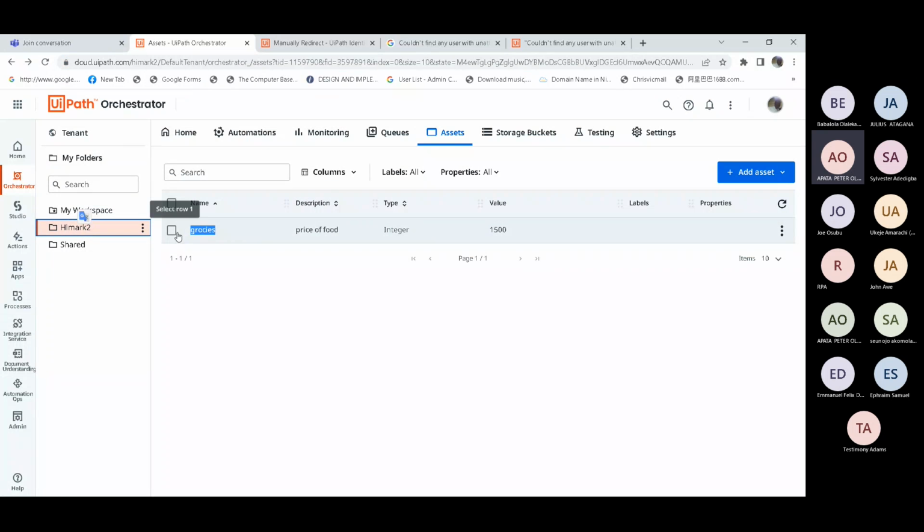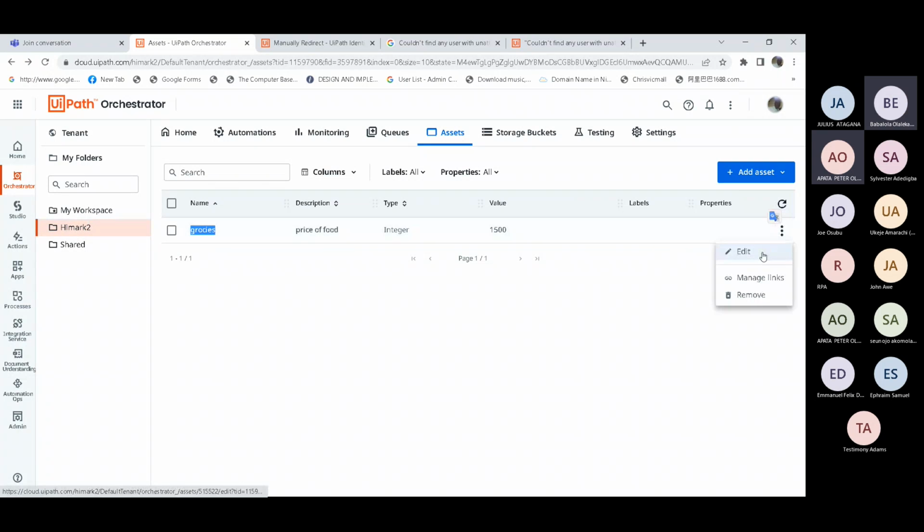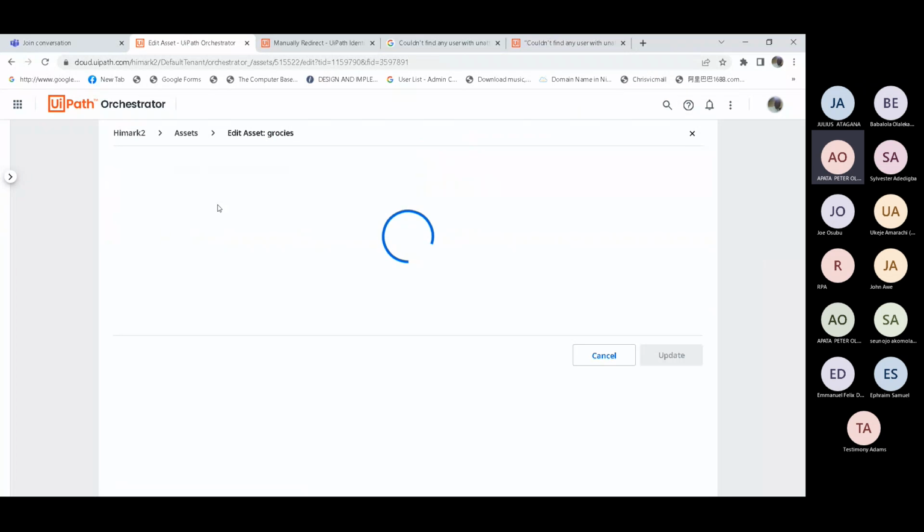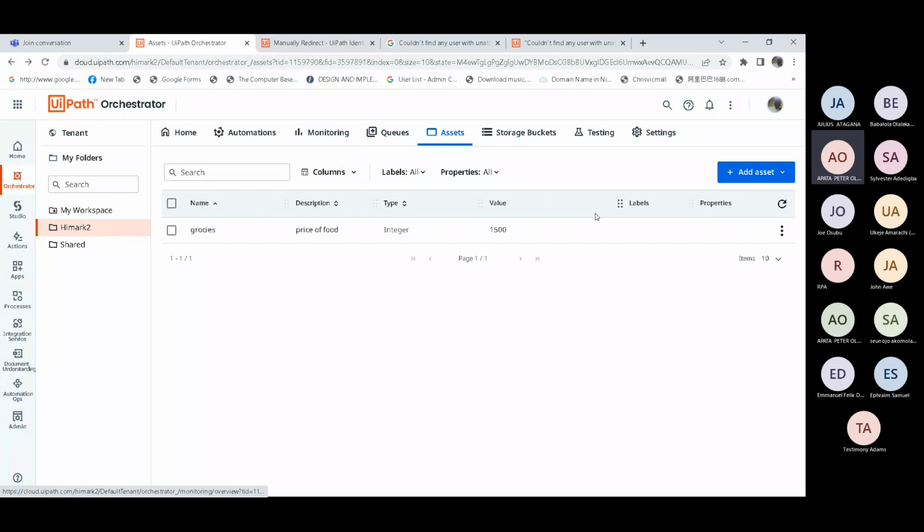So when we go to the process, the three dots in front of it. We don't need to edit the process; this time we'll have it as a package that we want to upload.